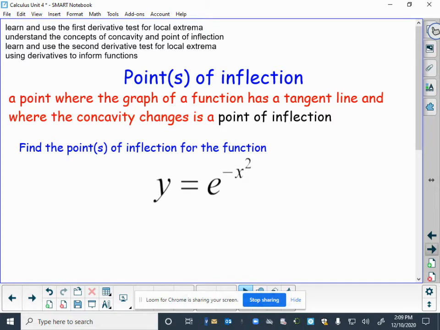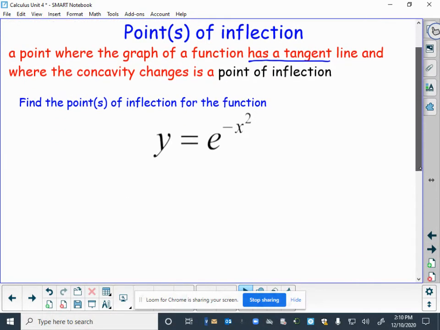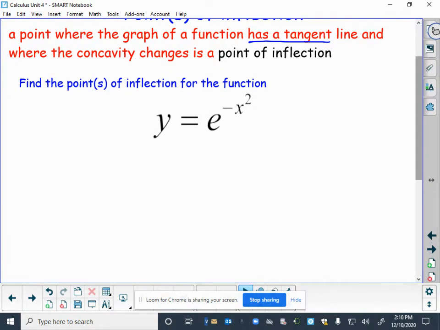So points of inflection. What is a point of inflection? By definition, a point where the graph of a function has a tangent line. So we first of all have to have a tangent line there, which means there is no corner, there's no cusp, there's no discontinuity. Okay, and where the concavity changes is a point that we're going to call the point of inflection. Okay, so if we wanted to find potential points of inflection on y equals e to the negative x